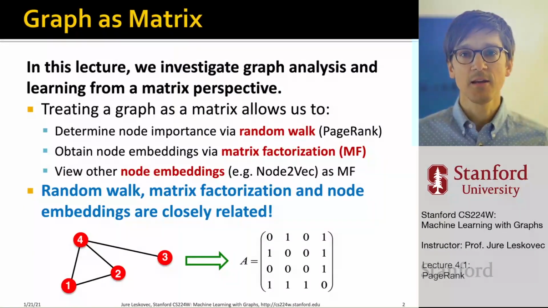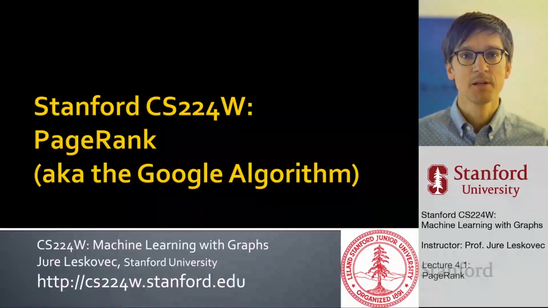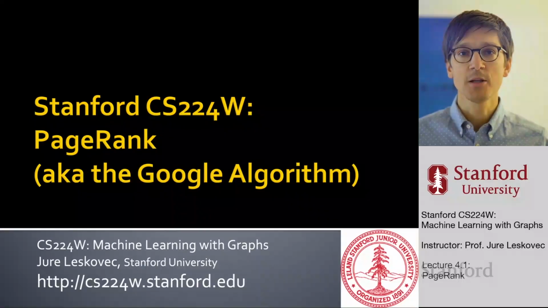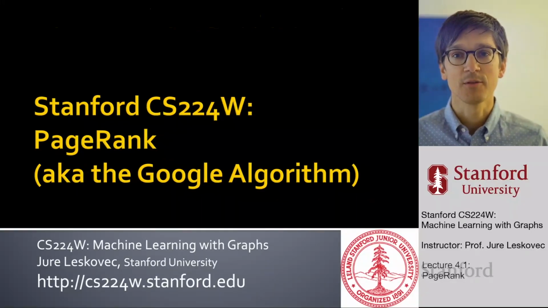This is the exciting thing here, that in some sense we'll bring together graphs, linear algebra, as well as the node embeddings that we have discussed in the last lecture, and show how they are all closely related. So first, let's talk about PageRank, which is basically the main innovation that let Google search become Google search. It was developed by two students here at Stanford Computer Science, Larry Page and Sergey Brin. So let me tell you about what they did as PhD students at Stanford.